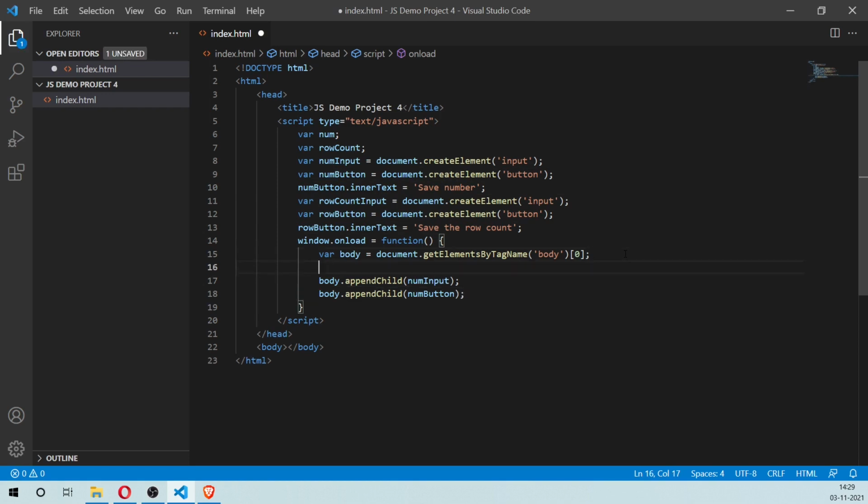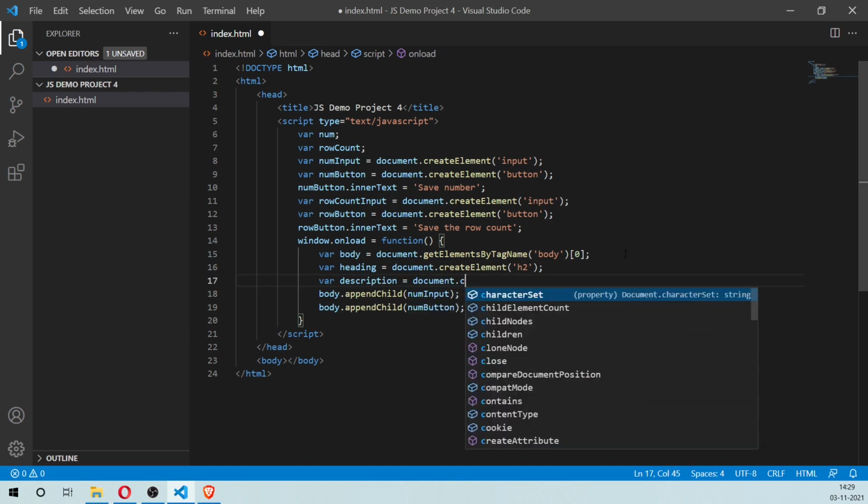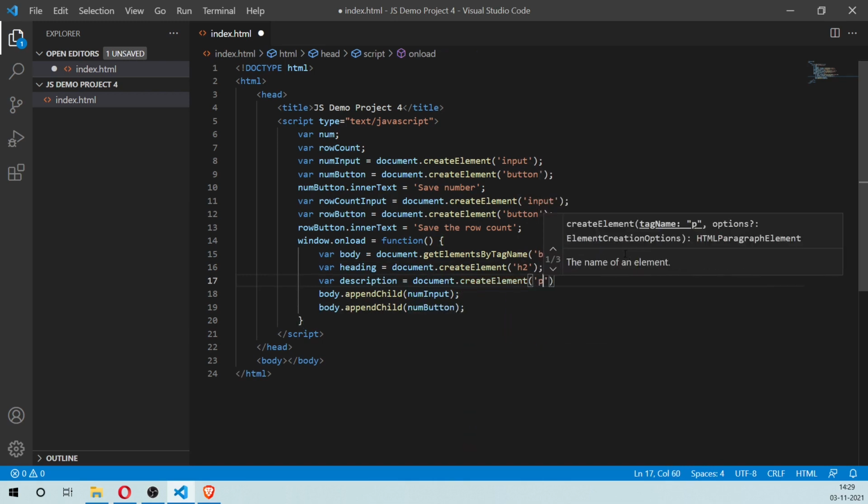We'll also give the page a heading. And a description as well.